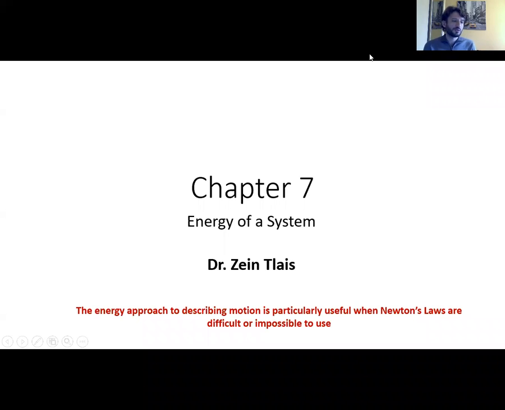Let's start with a new chapter, energy of a system. The objective here is to study the motion of any object, that is, to calculate the position, the acceleration, and the speed or the velocity at a time t. When it was impossible to calculate a, we used Newton's second law, F equals ma. We calculated a and came back to the kinematics equations to find the values of x, t, and